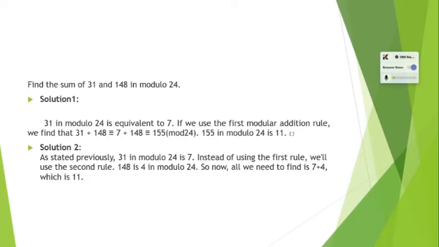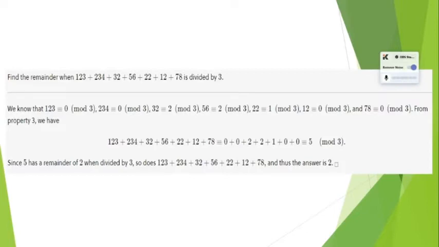So, as stated previously, 31 in modulo 24 is 7. Instead of using the first rule, we'll use the second rule. 148 is 4 in modulo 24. So, now we need to find 7 plus 4, which is 11. Now, let's go with the next slide. So, find the remainder of 123, 234, 32, 56, 22, 12, and 78,